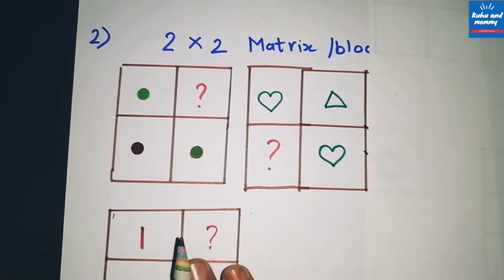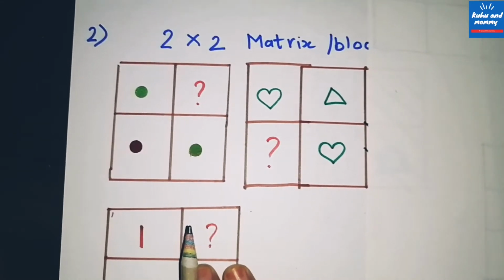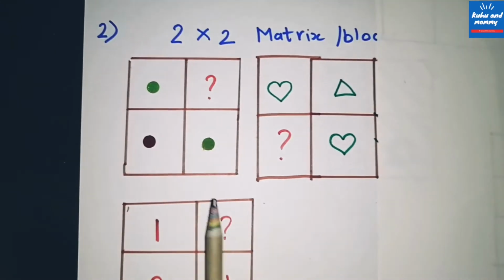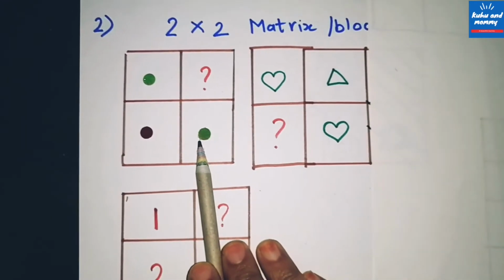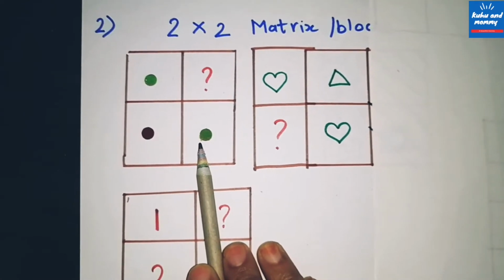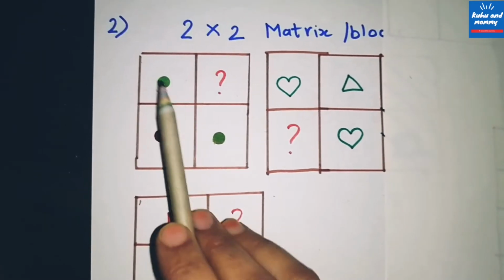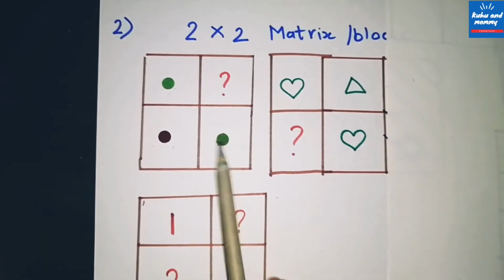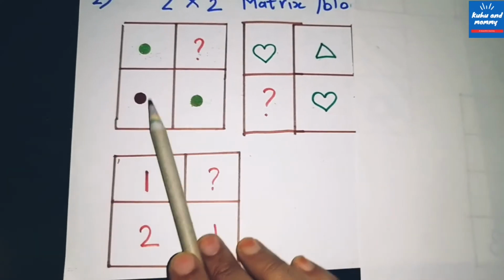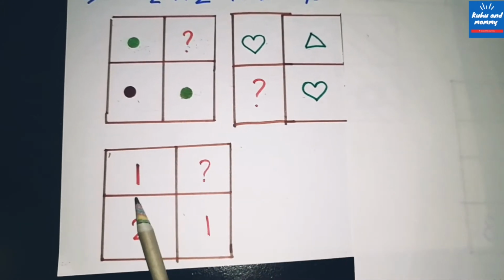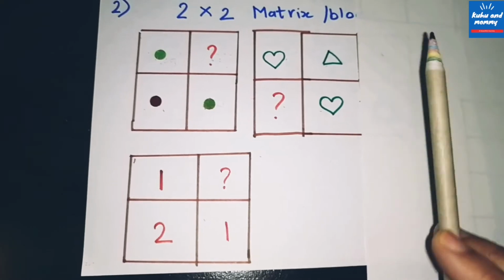Now after the child has learnt about patterns and how to create a pattern, the second step is introducing them to a 2 by 2 matrix or 2 by 2 blocks like this. Initially we can use any stickers, like colorful stickers, like here is a green dot, or you can use bindis. So this is a 2 by 2 pattern, and they have to think which color is missing here. First we will introduce them to this 2 by 2 matrix. This will be easy for them, and after that we can proceed further.